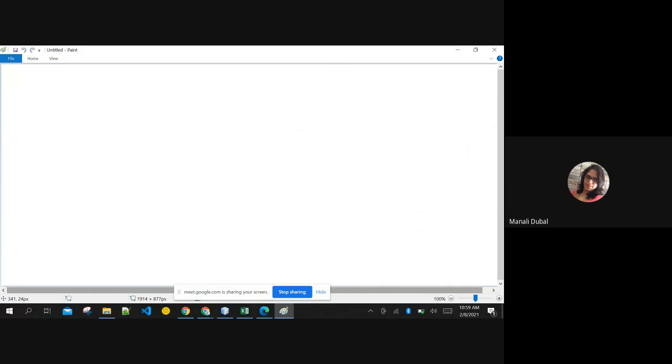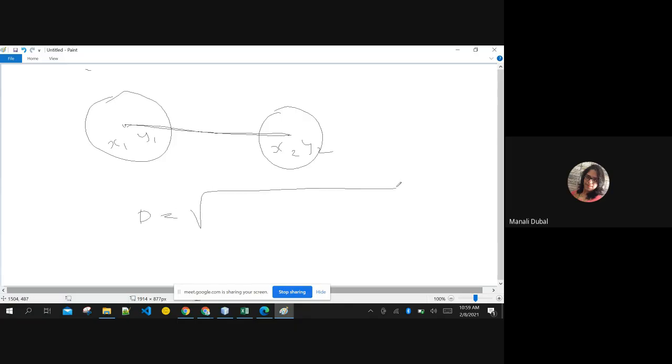You have to input the center of the circle, right? You need to input this point, and you need to also input another point. Say, for example, x1, y1, and this is x2, y2. Now you know how to find the distance between these two using the distance formula. It is under root of (x2 minus x1) square plus (y2 minus y1) square. Right, this is the formula for finding the distance between two circles.